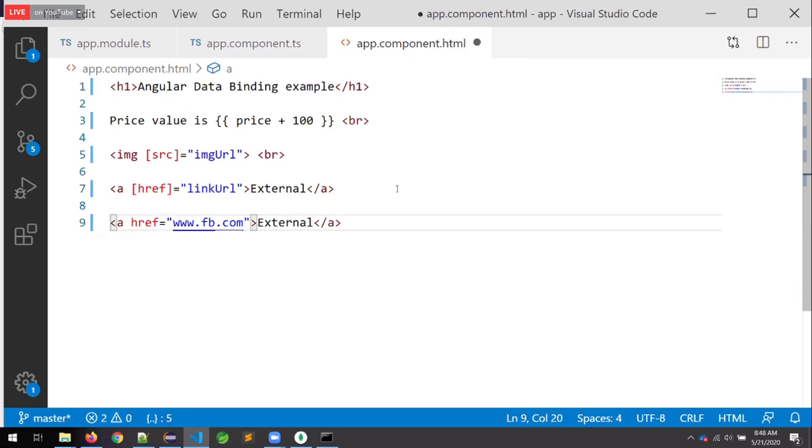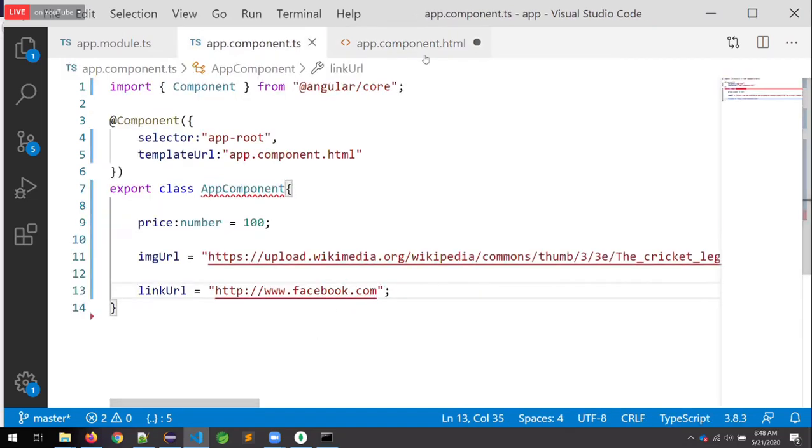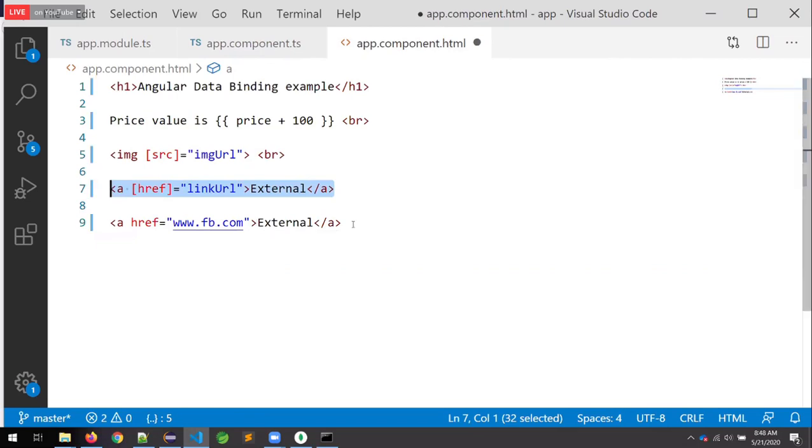But what about this one, sir? If the component data, link URL, is modified from Facebook to Instagram, what will happen? The link pointer will be changed to Instagram.